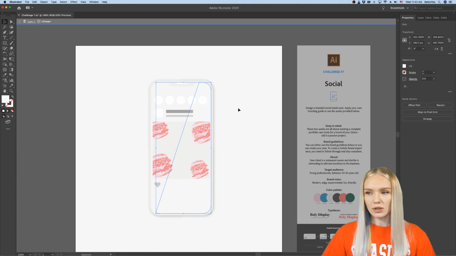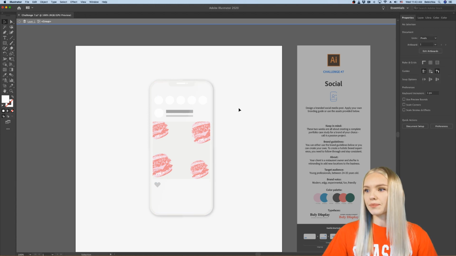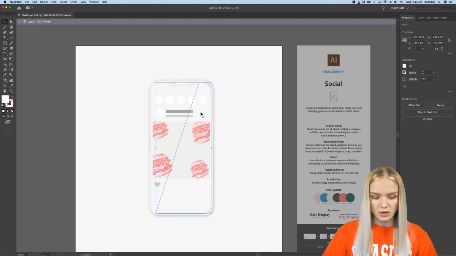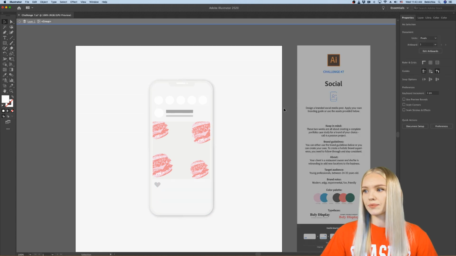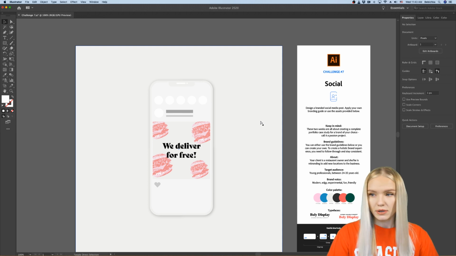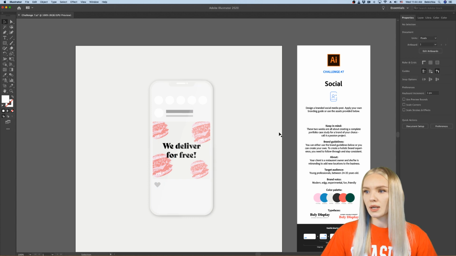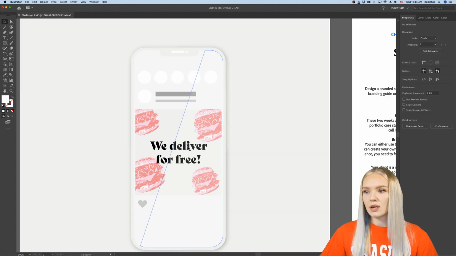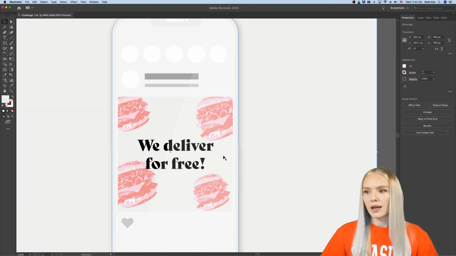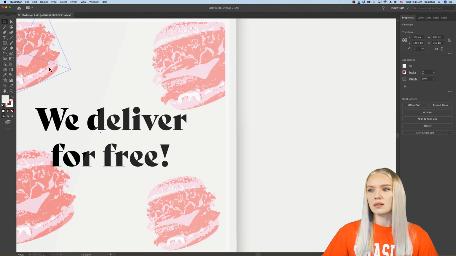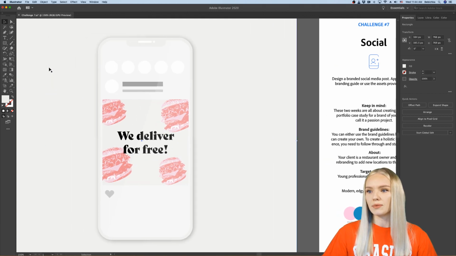I click Command X, and of course I have to delete this one first. Then I'm holding Command Shift and V and placing it in the exact same place where it was before. So now I have the shadow on top, as you can see, and it's even going through my text here. So it has worked out pretty good.